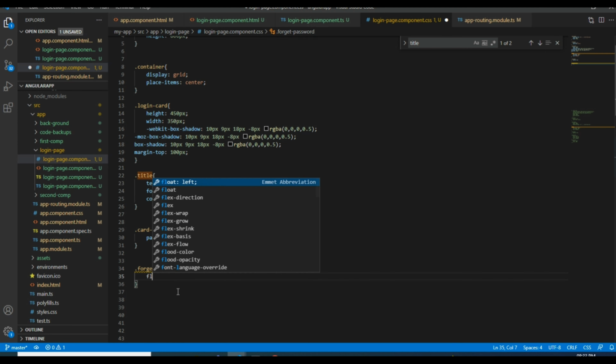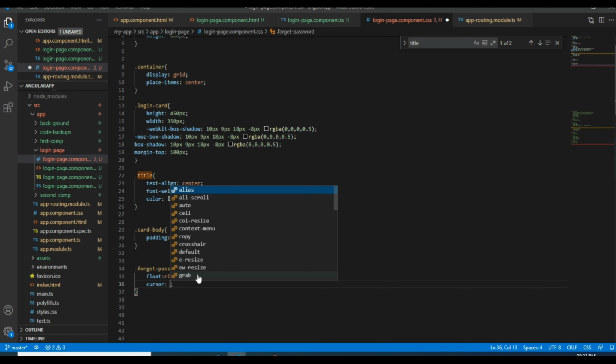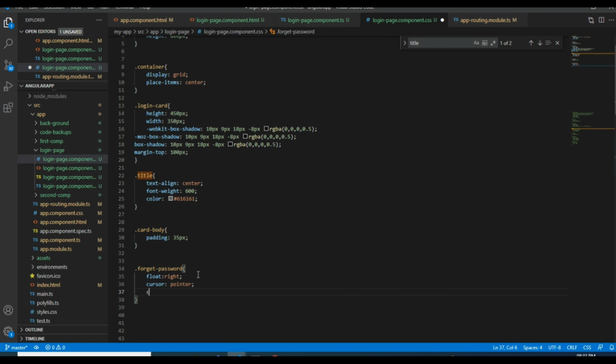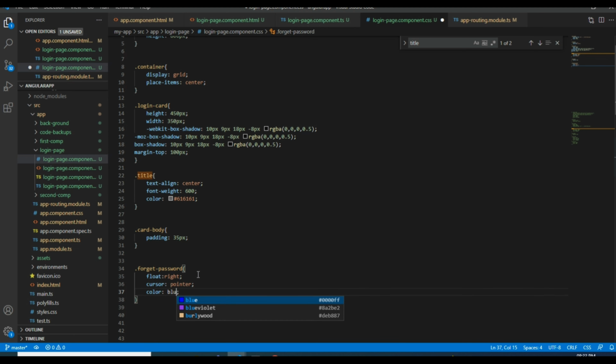So here I will give float. We'll check whether it is taking float or not. Float right. Sorry, I need to float right. Because it is text, so I need to give this color blue.